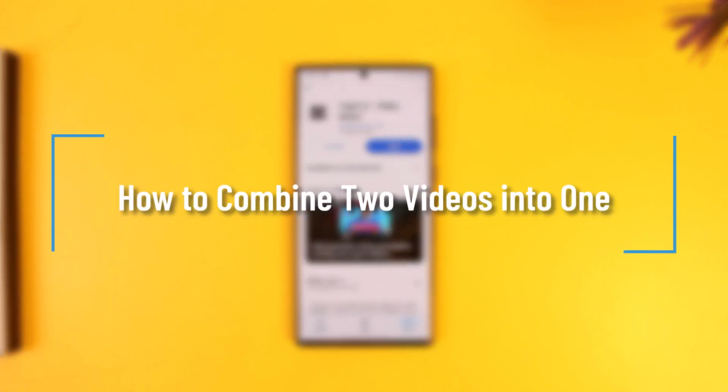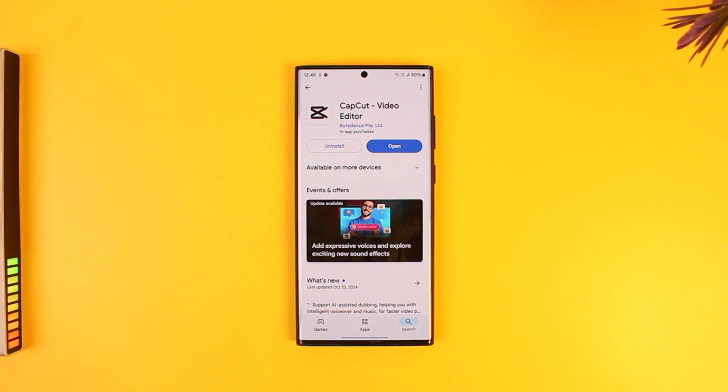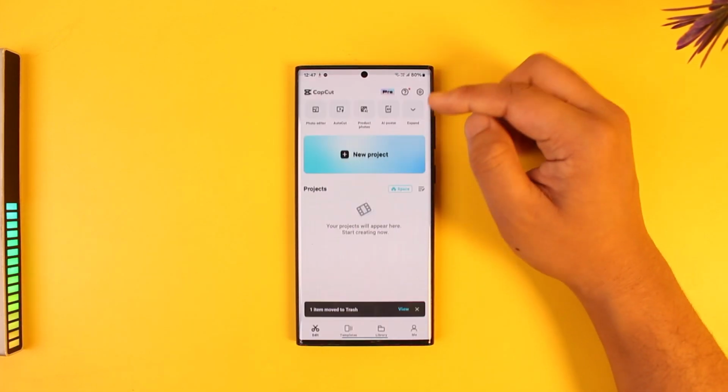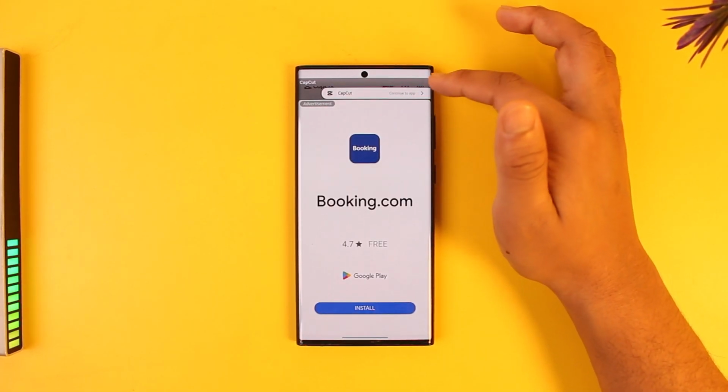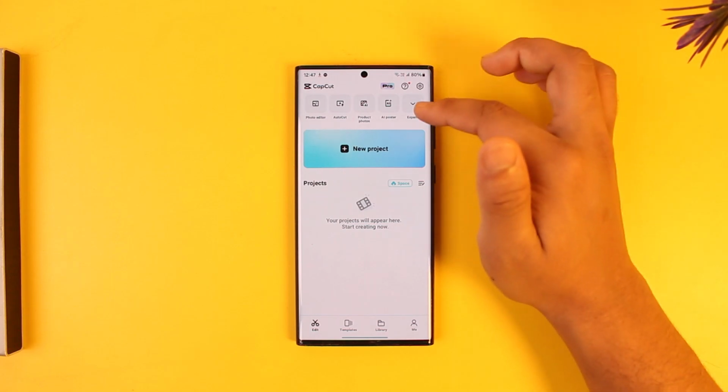How to combine two videos into one. You can combine two or more videos into one by using any video editing application. So you have InShot, you have CapCut, or other video editors as such. In this case, let's say I'll just select this CapCut application because it's one of the free and the best